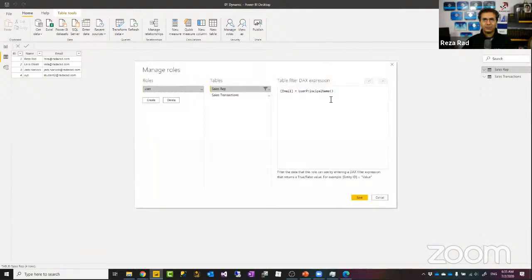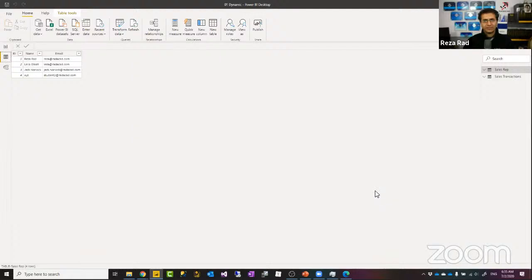So here you would still have the user principal name, everything would work, but the user principal name would be passed from your web application to this. So dynamic role level security, static role level security, all of that would work in Power BI embedded as well. Only part of this should be done in your web application to pass that details down. And that is one of the reasons why it doesn't work with publish to web, because in the publish to web area, there is no concept of a user. So you can't really have it filtered by a user.